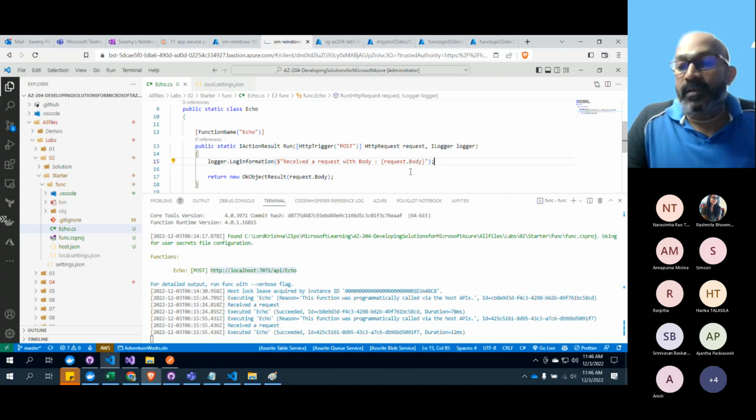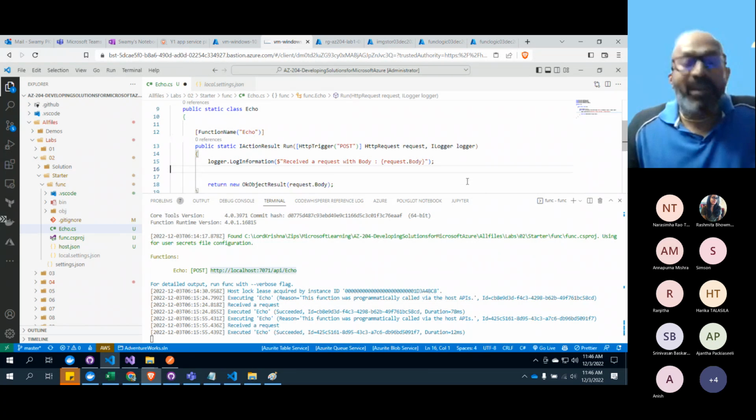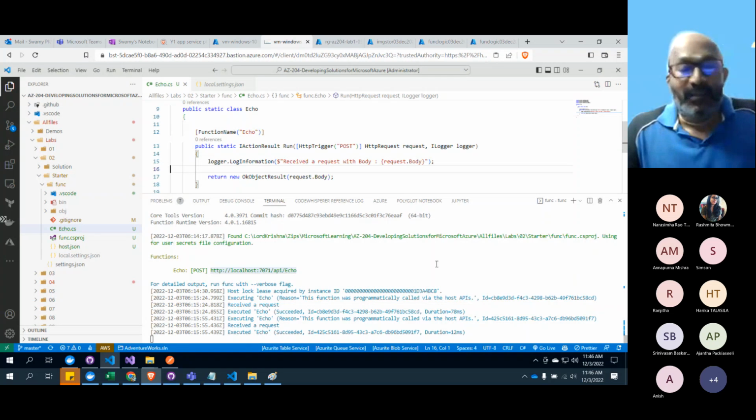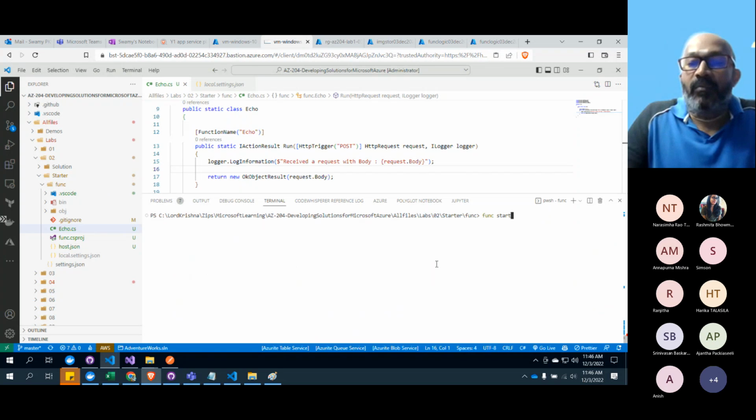So this is autopilot. The moment I press enter, the artificial intelligence expects what should be the next line. So I use it. Without that, I can't code. So I will close this and func start.